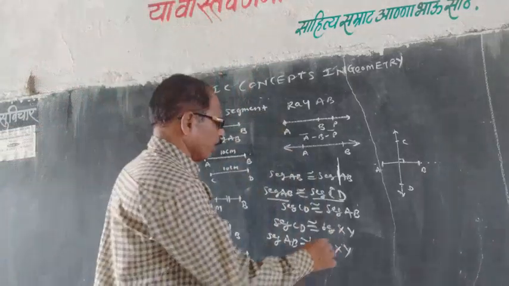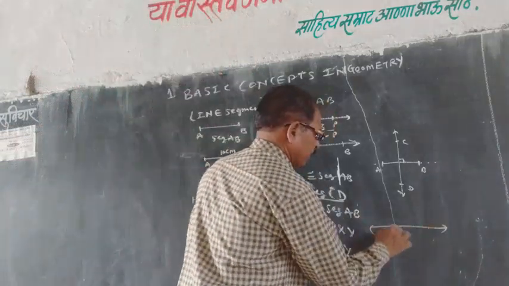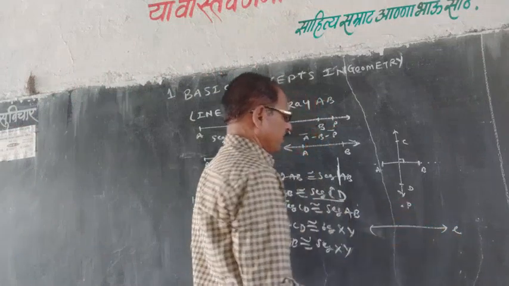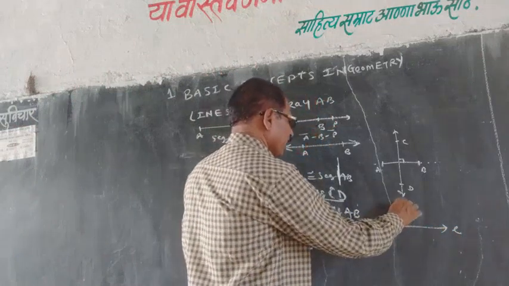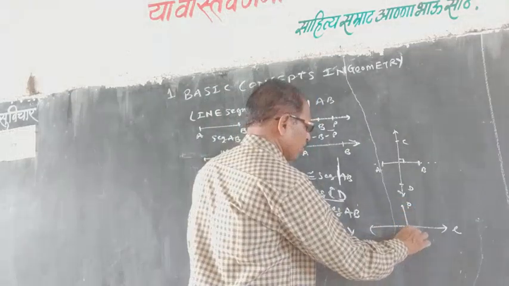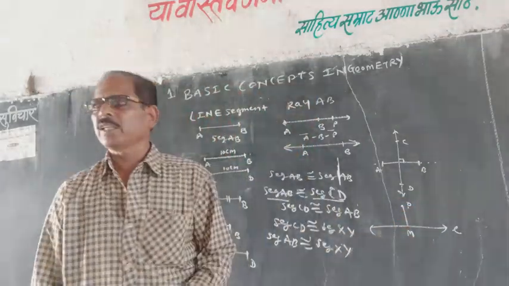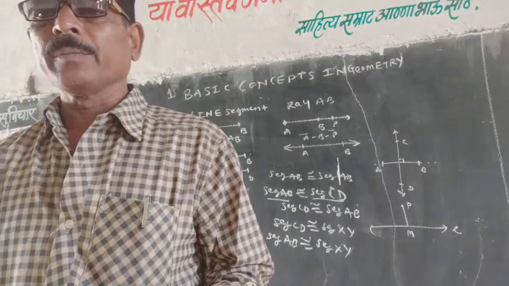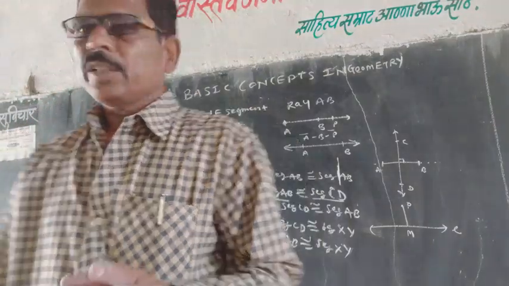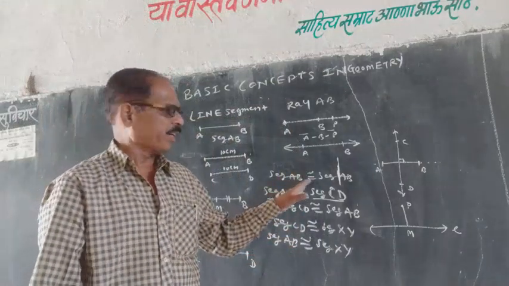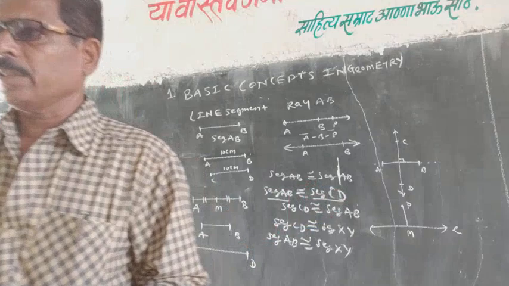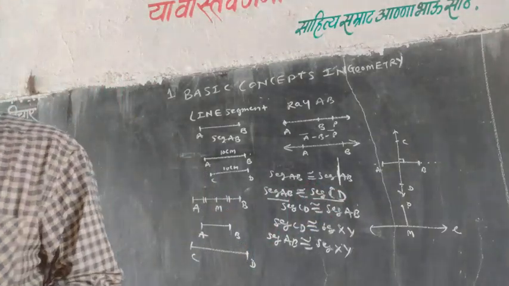And last, distance of points from a line. We have given a line L and P is the point out of the line. Then we can measure the distance from P to M, which is the distance of the point from a line. We studied these statements. We can revise many times and solve the examples.